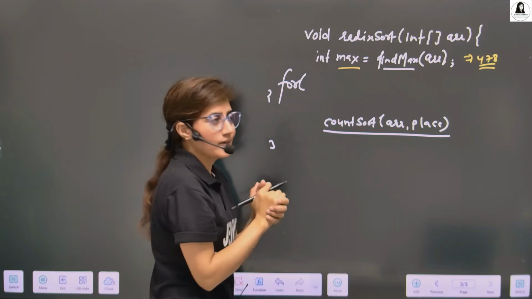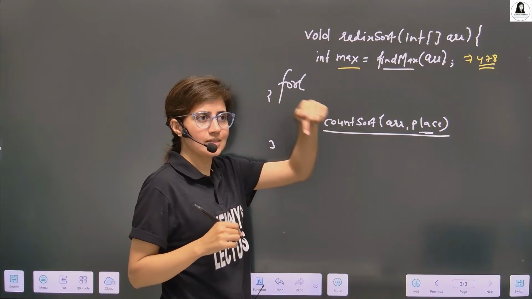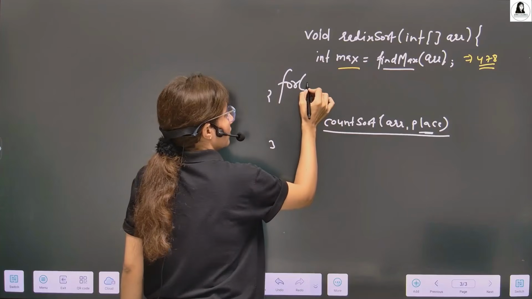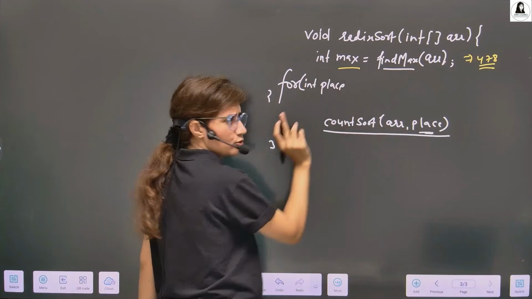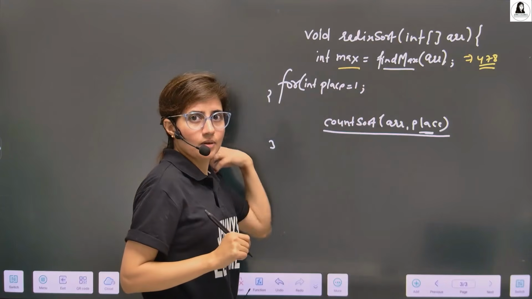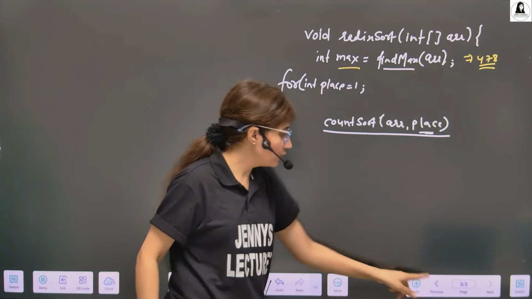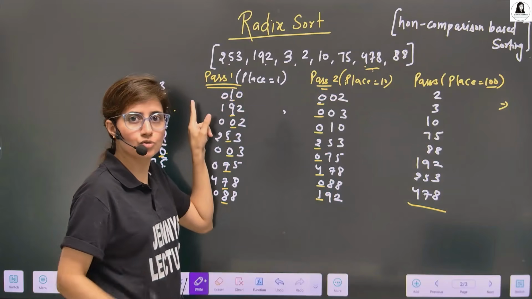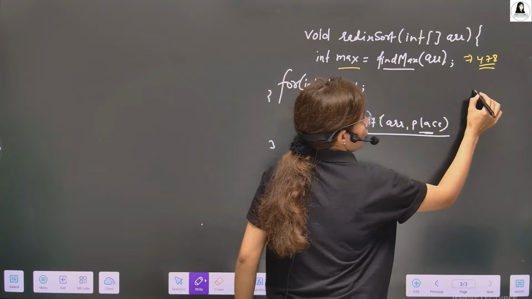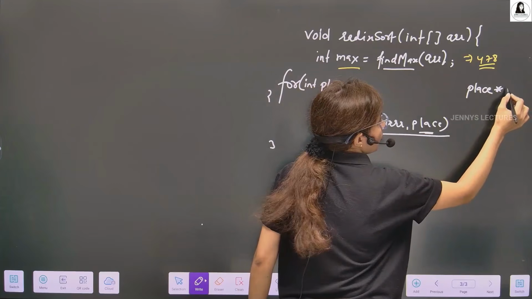But how do we write this loop? This loop will be more focused on the place value: ones place, then tens, then hundreds. So it's not i equals 0 or i plus plus. You can take an i variable also, it's okay, but I would want to take a descriptive name. Place is equal to 1. Place value is at first 1, and how would it be incremented? Multiplied by 10. At first place value is 1, then 10, then 100, then 1000. So after each iteration we multiply by 10. While updating we write place times equals 10.